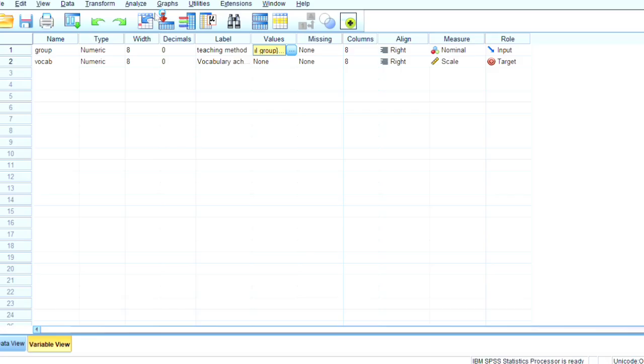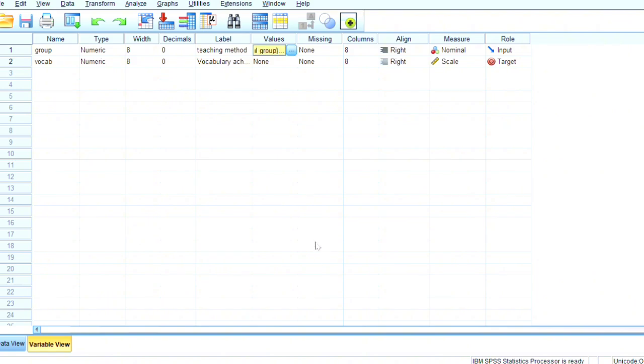Okay, after explaining the research concept, I move to the SPSS analysis. The first, click variable view, name the first group, type numeric with a decimal, label teaching method, values, two values: first experimental group, second control group.